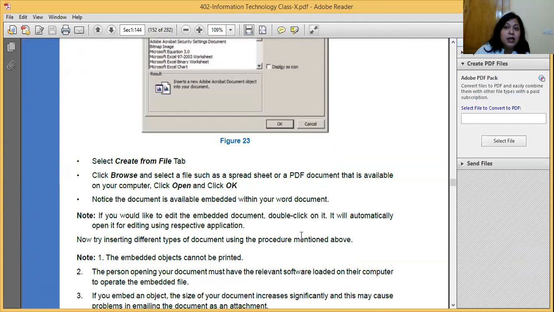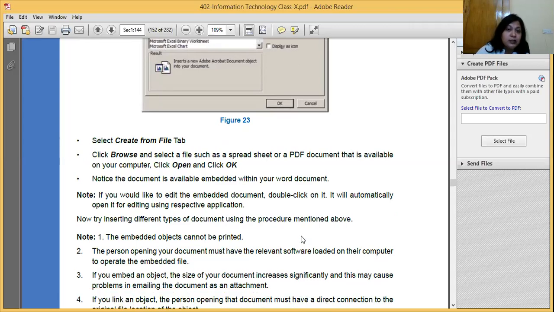When we insert it as a link, the object that we have inserted will be updated if we make any change in the source. Like I have inserted Ramayana quiz over here, and when I make changes in the document Ramayana quiz and I open this file of mine, the changes will be shown in Ramayana quiz also, right? Am I clear? Whatever changes I have made in Ramayana quiz will be shown in my document also.